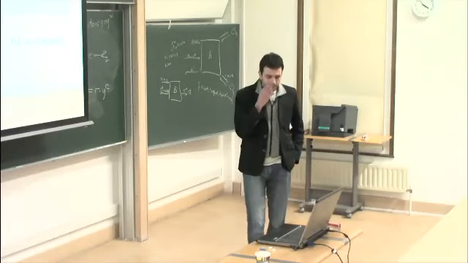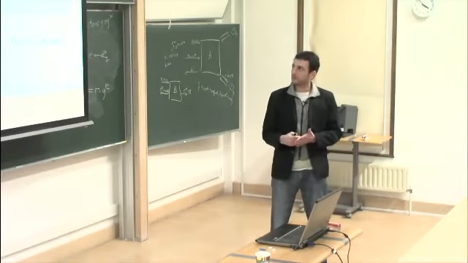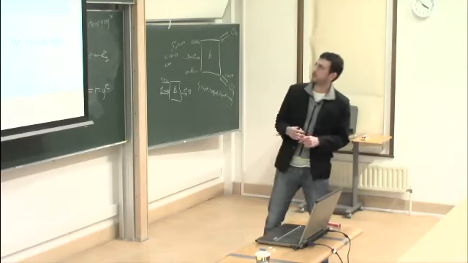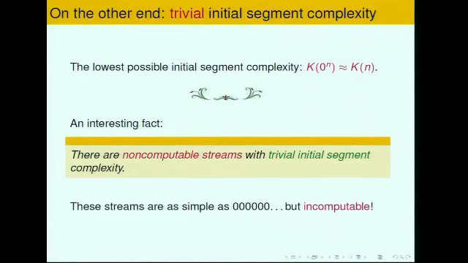A very hot topic in algorithmic randomness at the moment, in the last 5 years at least, is lowness. It's the other end. Basically, infinite binary sequences which have very, very simple descriptions. So what does it mean, simple? It means as simple as a trivial sequence, the sequence of all zeros. That's a trivial complexity. So Kolmogorov complexity in this form is not a computable function, but this is pretty low. In particular, it is bounded by 2 log n.